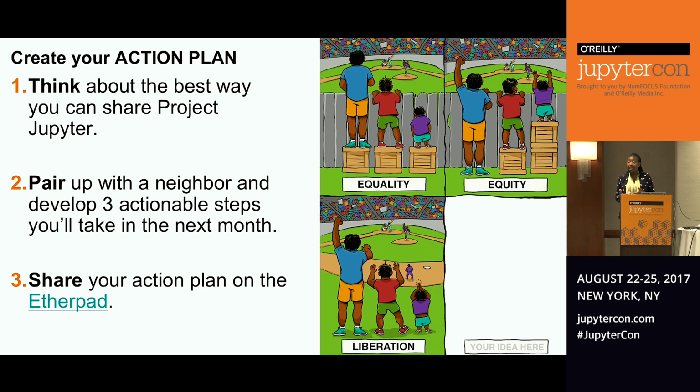So we're going to create an action plan, and I'm going to come around. We're going to work on it for about 7 minutes and share it on the Etherpad. So think about the best way that you can share either the project that you're already working on or just the tool in general. Pair up with a neighbor. Think, pair, share. This is an evidence-based instructional practice. I did my PhD in engineering education, so sometimes it just slides into who I am, okay?